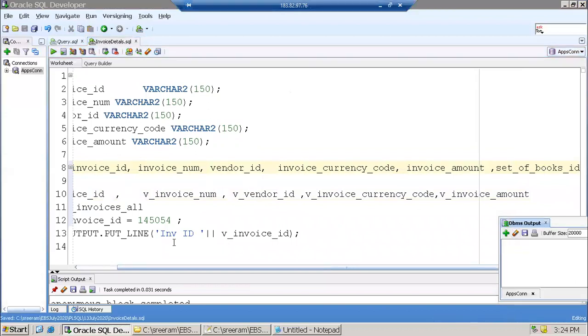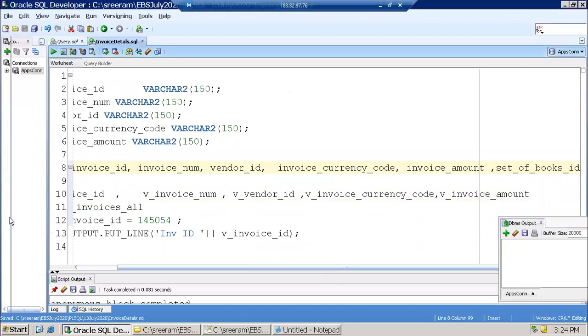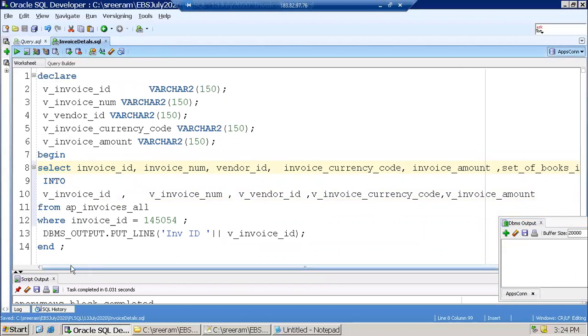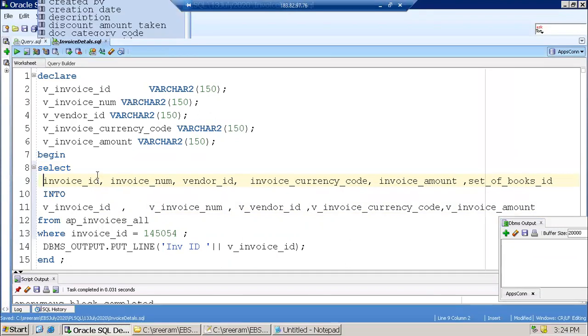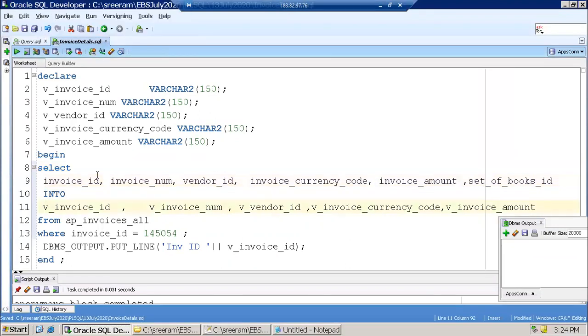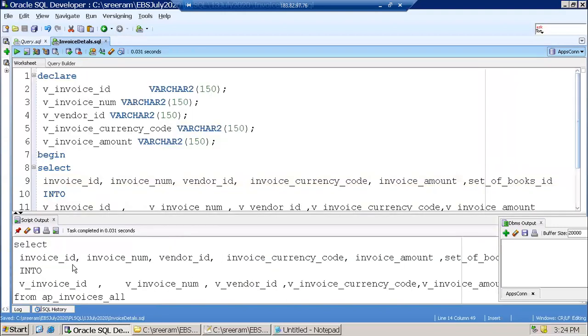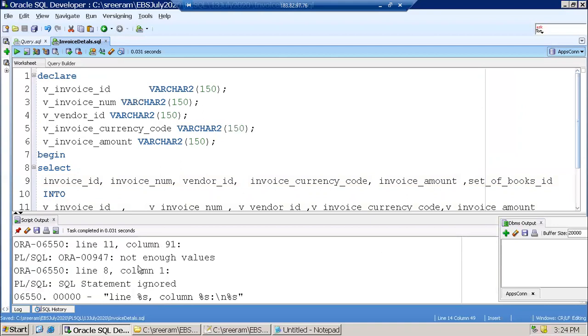It will not work. The basic reason is that in the select clause you have 6 columns, but in the INTO clause you have only 5 columns. So it does not understand how to map them. Now if you try to execute, it says an error, usually a PL/SQL compilation error. Can you see?